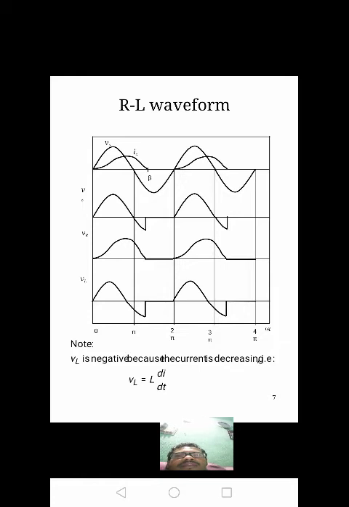Here we are observing the voltage across the resistor also. It will gradually increase, and does not suddenly go to zero. For some time period it will be conducting, then zero, then conducting again. The voltage across the inductor waveform also, after pi it will be conducting. Already I have discussed this.